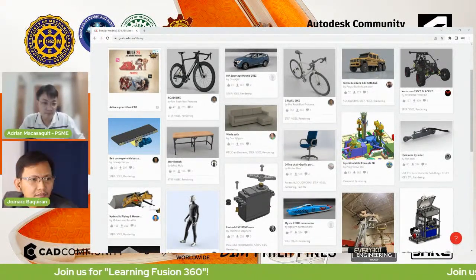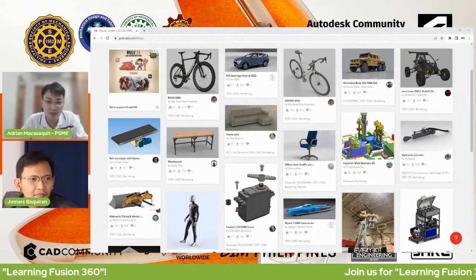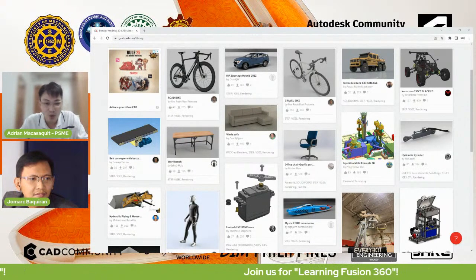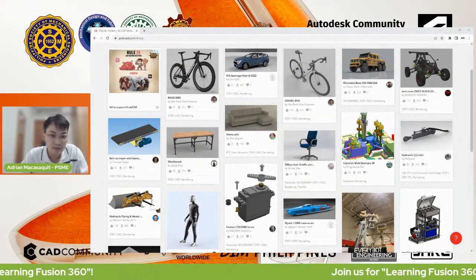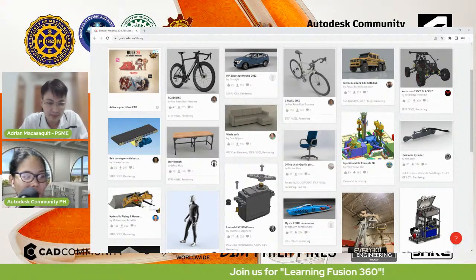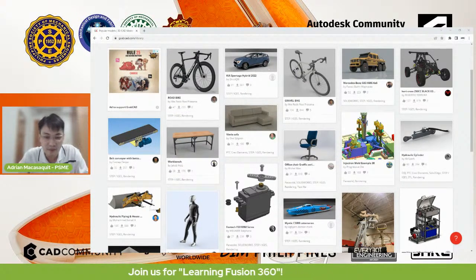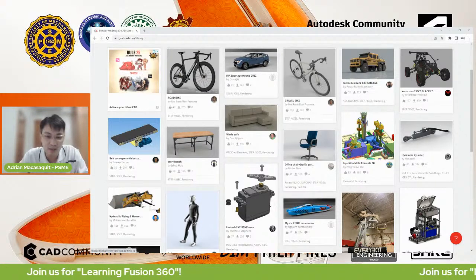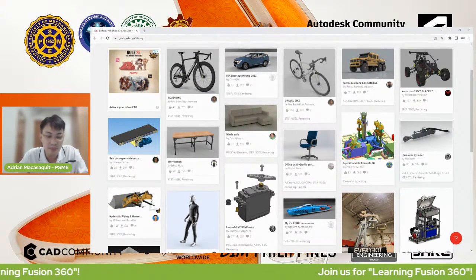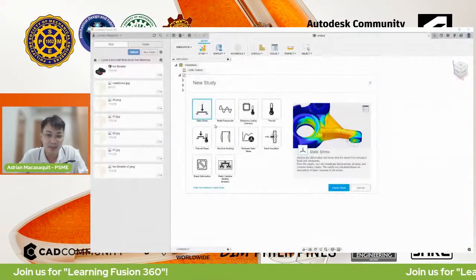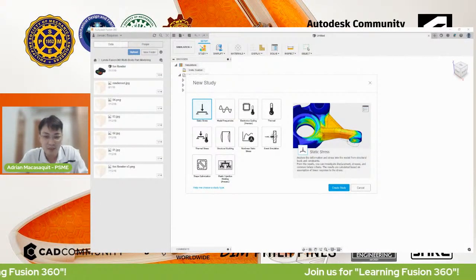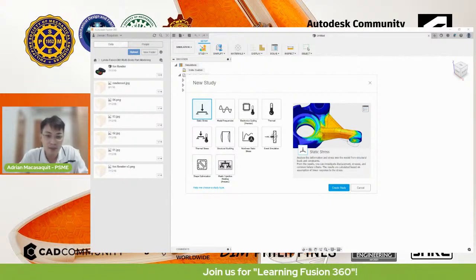Yeah. So yun, message ko lang is I hope na marami kayong natutunan sa Fusion 360. So looking at it, first time ko rin nakita tong Fusion 360. Nakita ko powerful din siya, no? Compared to other software. So myself included, pag-aaralan ko rin siya. Likewise, pagpa-practicean ko rin and yung mga tinuro, malaking bagay, no?